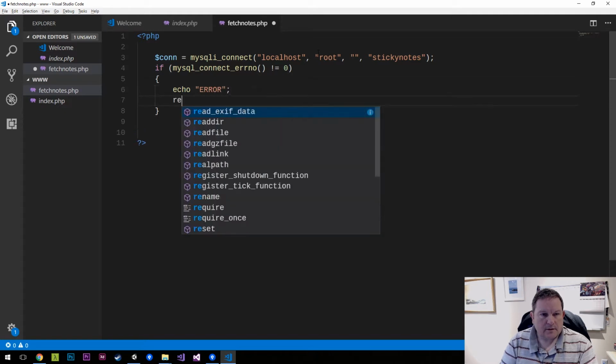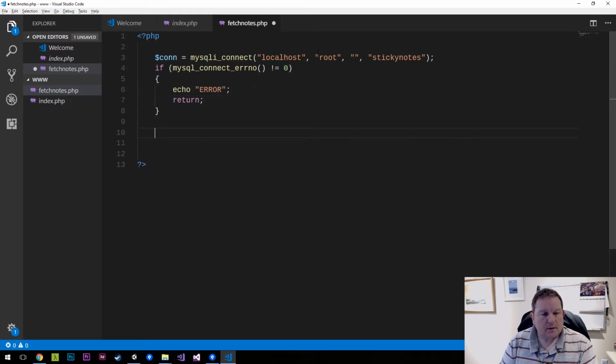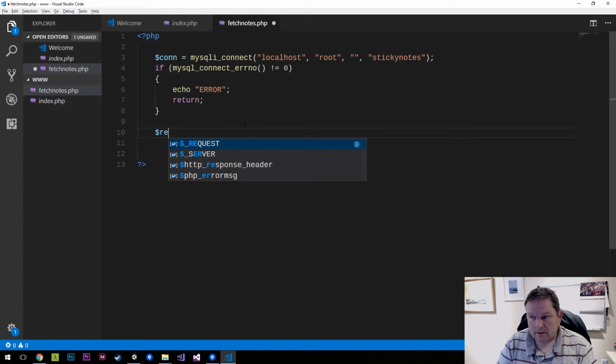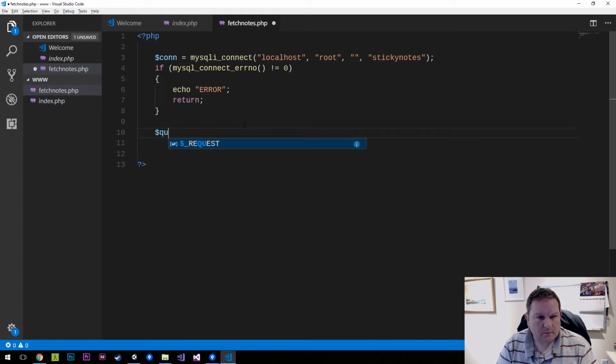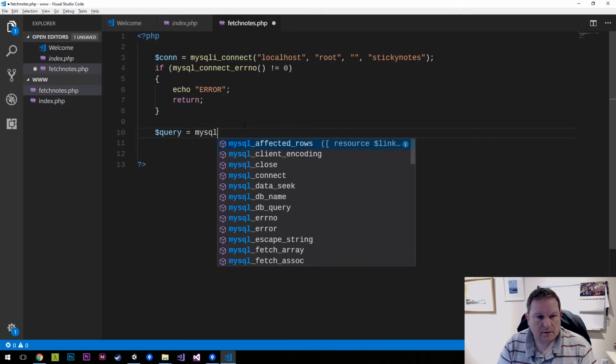Let's just leave that as that. So if it's not equal to 0, then we just want to early out. So now what we want to do is connect to the database and run some kind of query. So we're going to say not result, but query equals